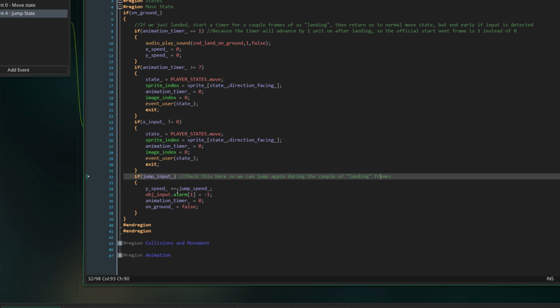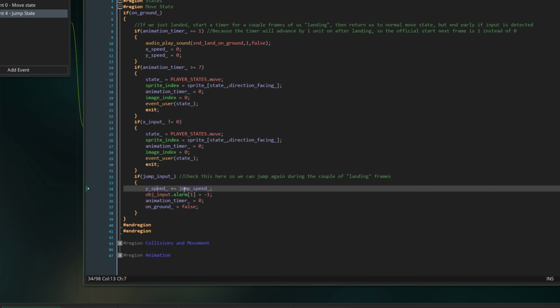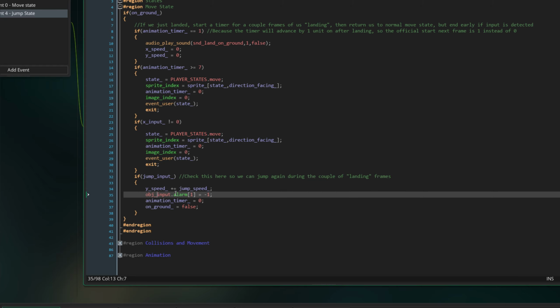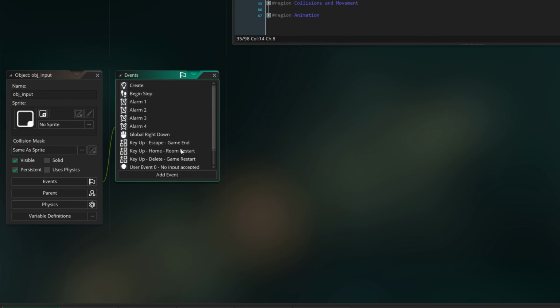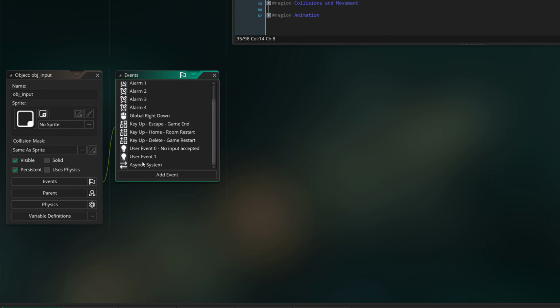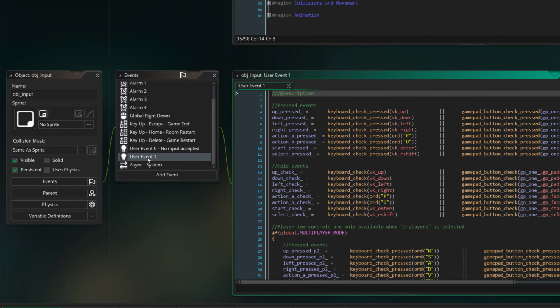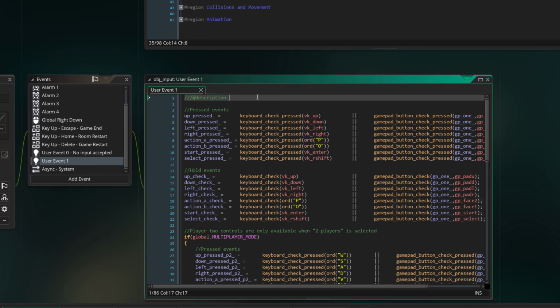So you just don't switch back into the player state. You just add back in the jump speed. So y_speed += jump_speed. object_input.alarm[1] is equal to -1. So you remember back in our object input, we set up all these alarms here so that we could have